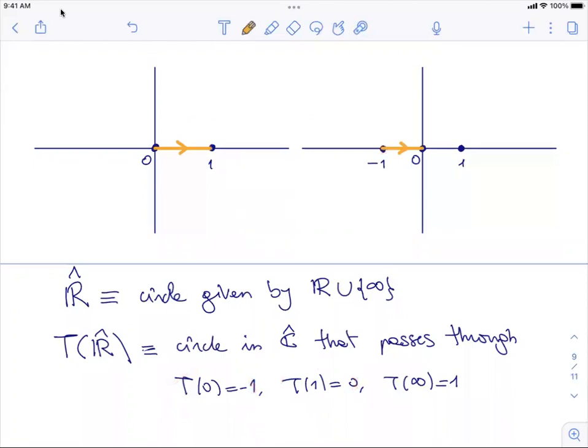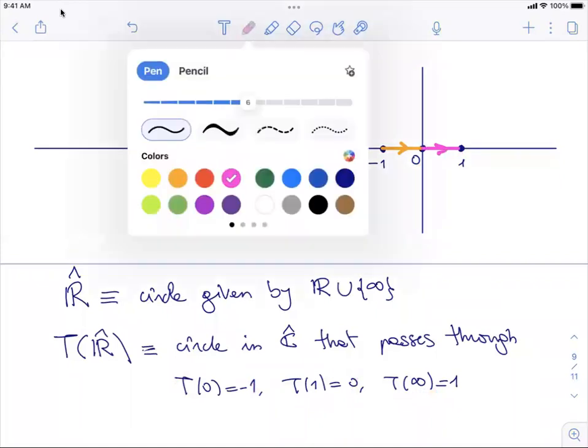Now, T of 1 is 0, and we have that T of infinity ends up in 1. So this segment here is going to end up here. So we have this whole segment that ends up here. Okay, and still we're traveling this way because T of 1 is 0, and then T of infinity is 1. Now, the funny part,